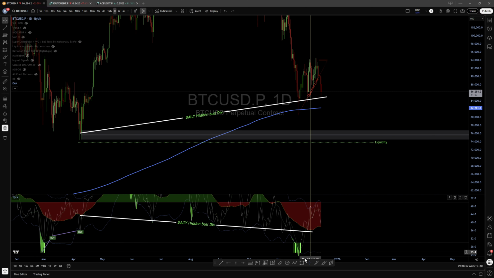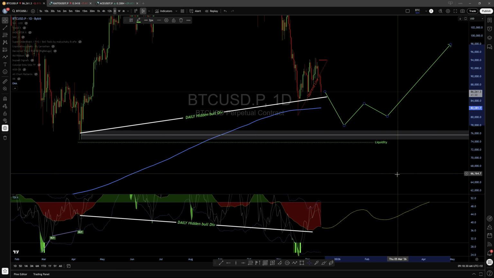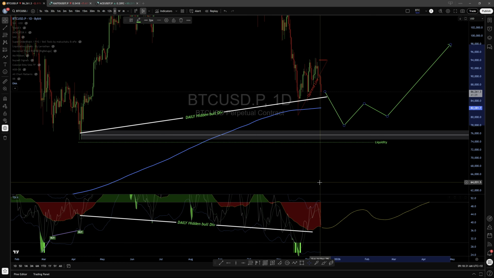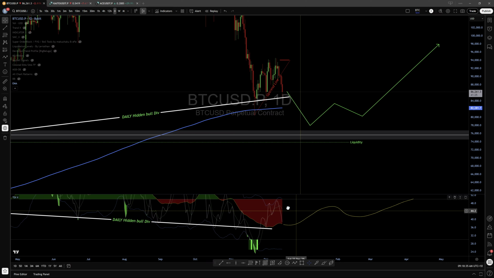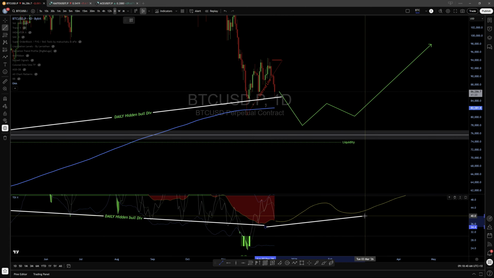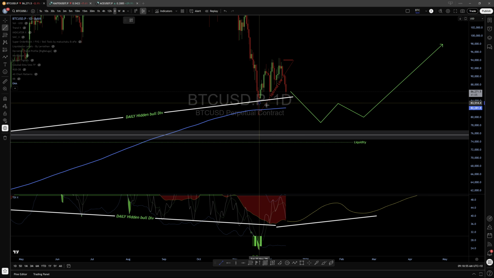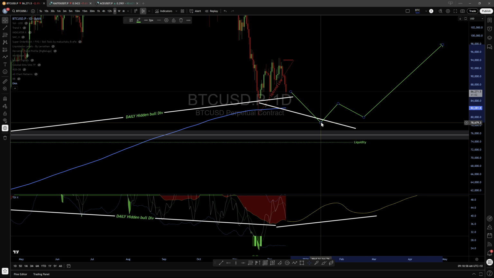And then you'll have price do something like that. So what you have here is a hidden bull. I'm not saying this is going to be the case, but I see this so often. And then right after the hidden bull, you'll have a regular one. So the money flow might come up and the price might come down, and let's say it comes down just about here. Then you'll have it from here to here, and it'll be like a regular divergence. I've seen this happen so many times,